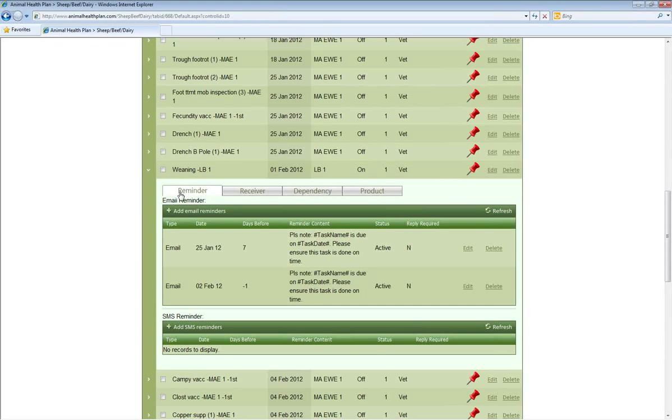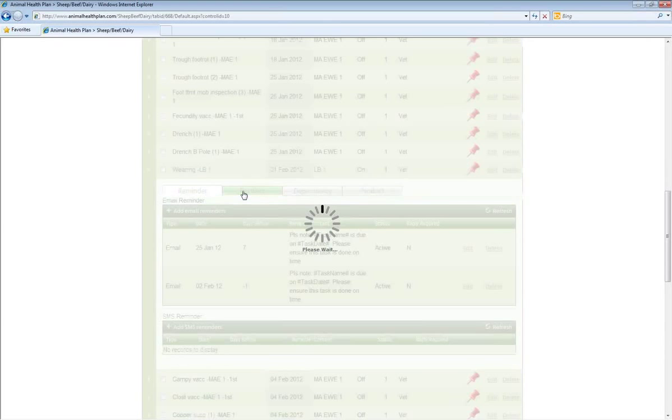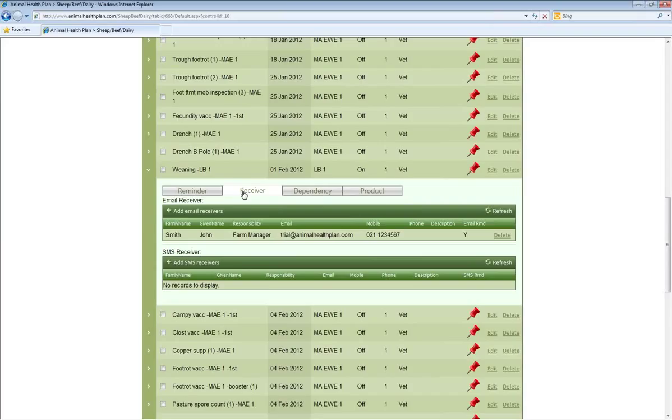So to see who is going to receive that reminder, if we click on the Receiver tab, it will show all the recipients so far of that email or SMS. So this is where the farm contact that we inserted earlier comes into play. So this task had a responsibility of the farm manager, so the farm manager is now going to get that